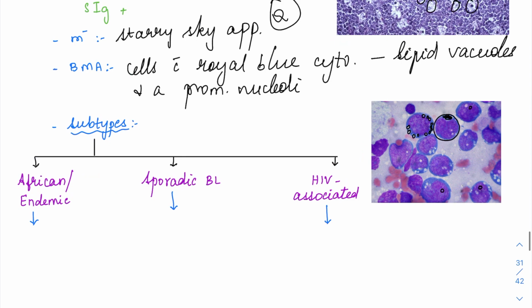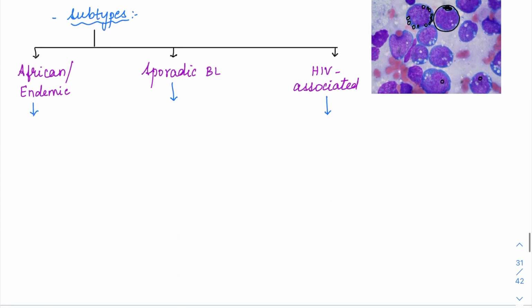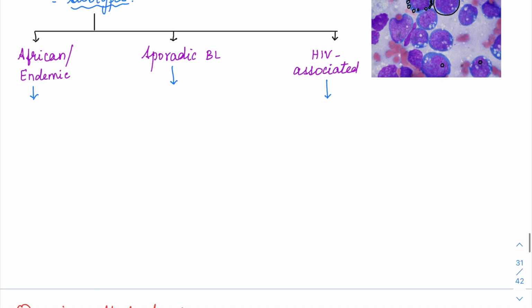So these are again the image-based questions related to Burkitt's lymphoma. We have three basic subtypes under Burkitt's lymphoma: the African or endemic subtype, then the sporadic subtype, and the HIV associated or immunocompromised subtype. The African or endemic subtype is associated with EBV 100%. All three are associated with EBV here, but 100% association is seen with the African or endemic subtype,